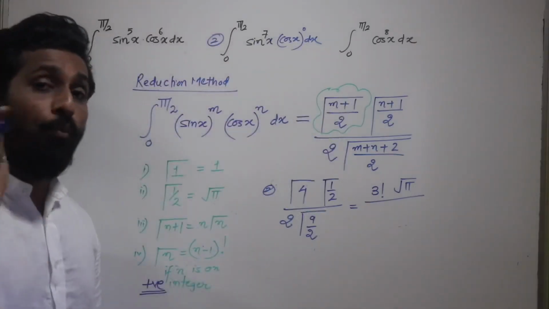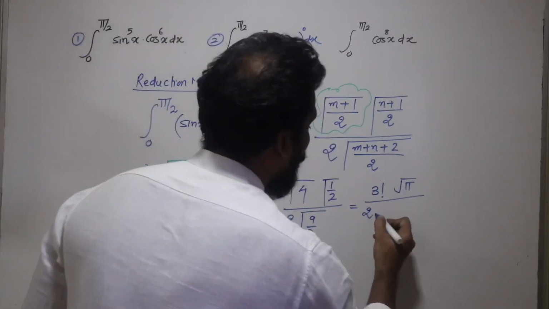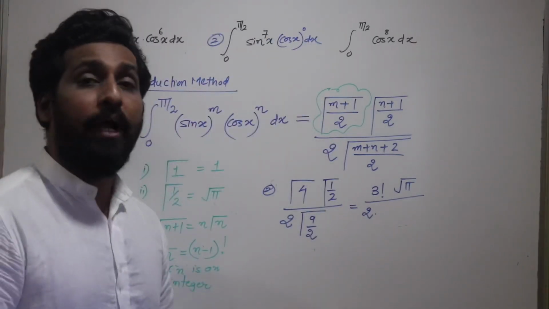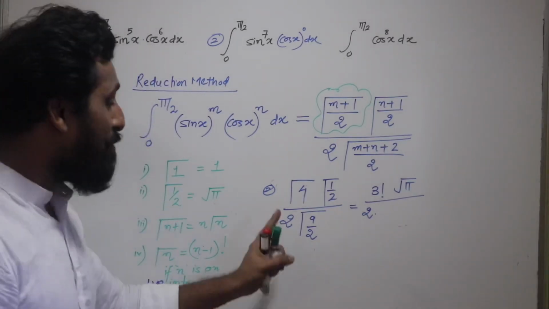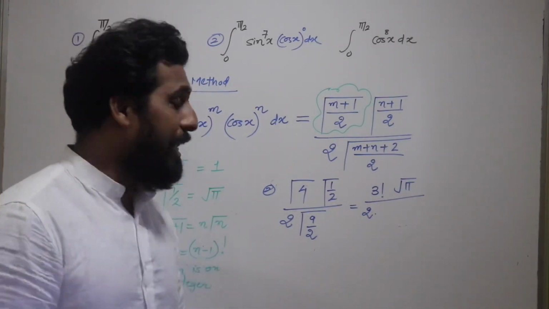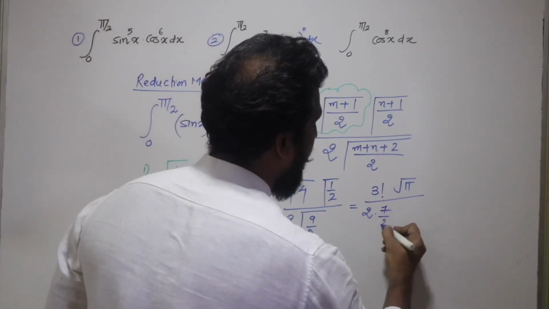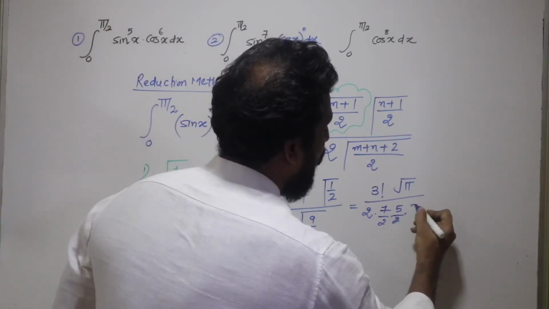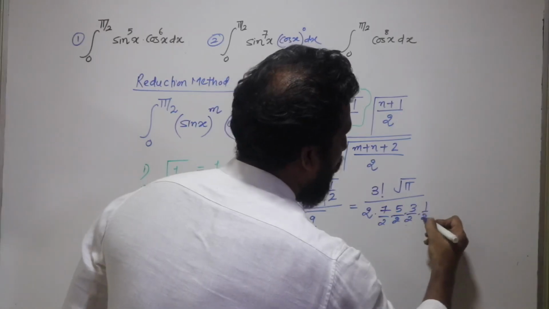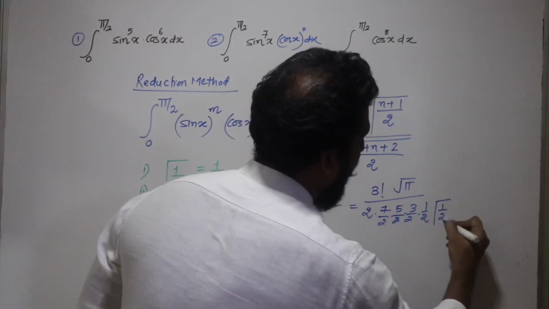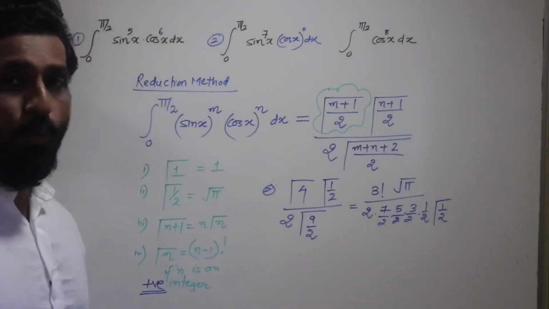Again I'm going to tell you one more shortcut technique here. That's 2 here. How to write gamma 9 by 2? Very quickly you can write it. Gamma 9 by 2. What is 2 less than 9? It's 7. Begin from 7. So that's 7 by 2, 5 by 2, 3 by 2, 1 by 2 and gamma 1 by 2. Understand and remember this technique very properly.